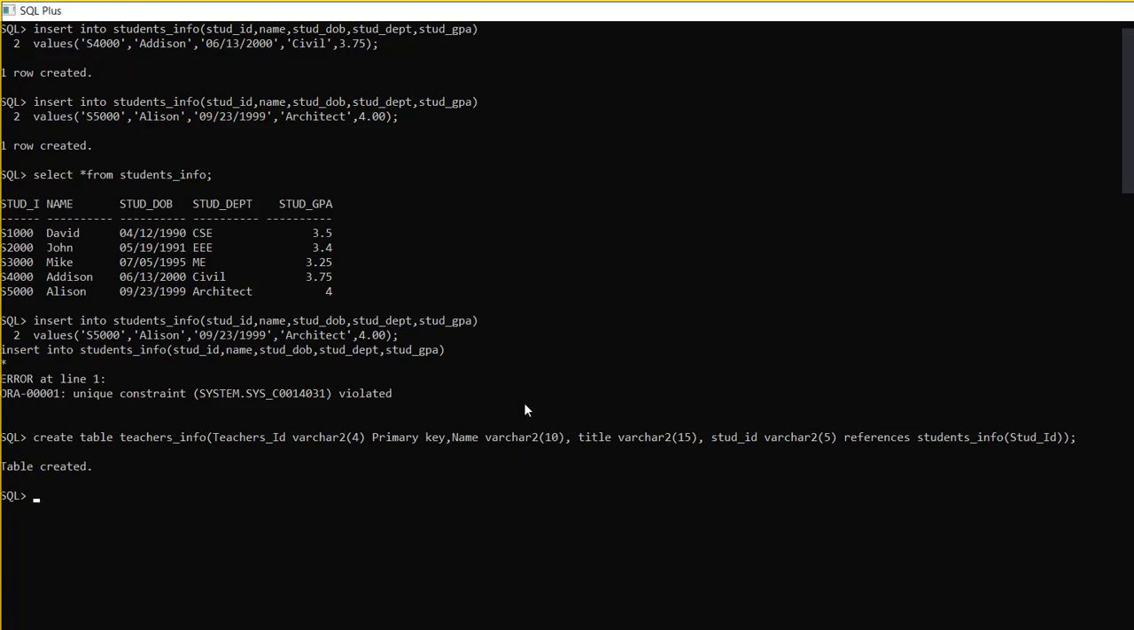For the foreign key, you declare the field in the second table and then put this REFERENCES word, then put the table name from where you are referring, this students info, and then put the column name there. Okay, now